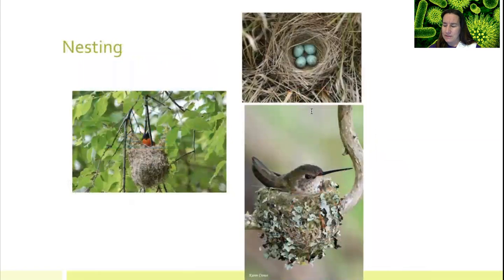When they nest, there's all kinds of nests out there that birds create. Some of them are really unique, like this basket hanging nest. Some of them are very small, matching the very small little birds that are going to nest in them, like these little hummingbirds, teeny tiny little nests. We've got these robin eggs because they're bright blue, and it is the season for robin eggs. It's a little past robin season, about 2 weeks past their eggs.